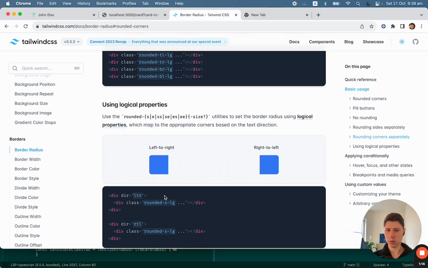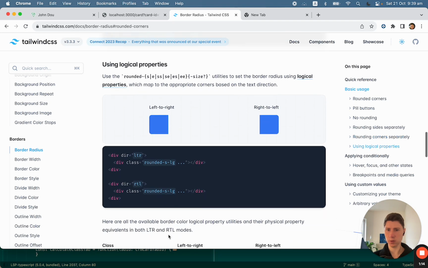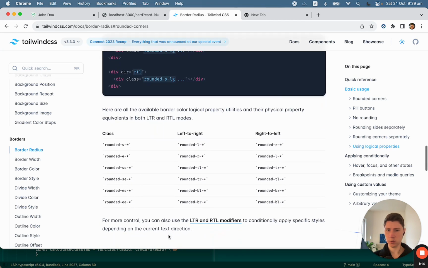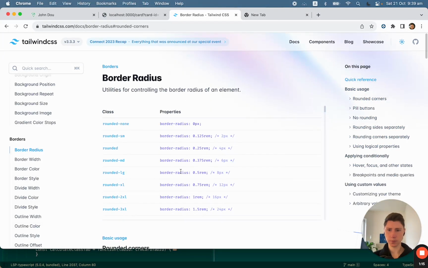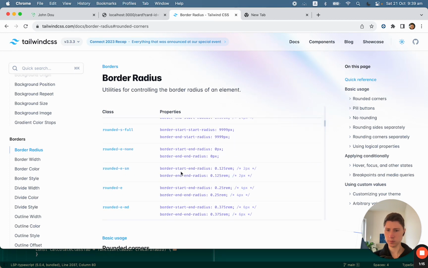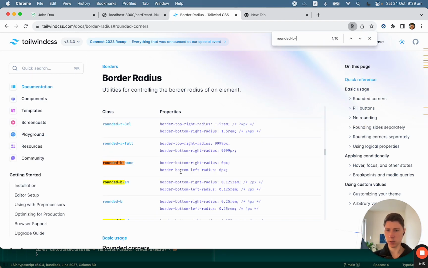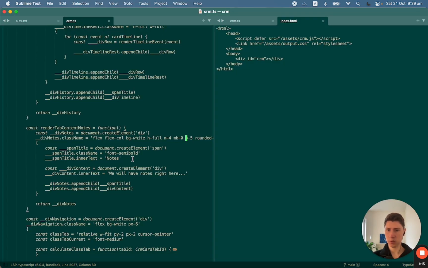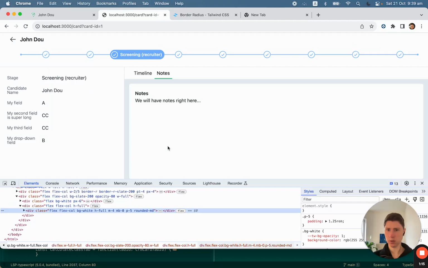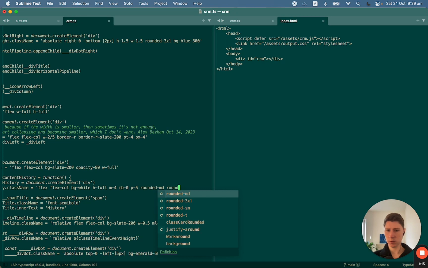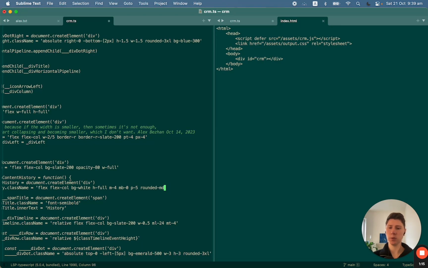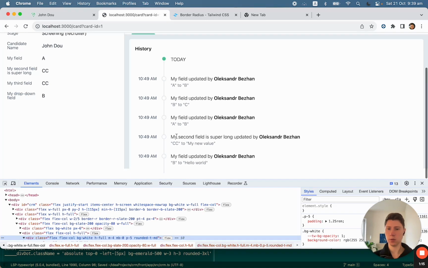Left to right, S. Right to left, S. Oh, that's nice. So do we have like bottom, none, right? We can say rounded, rounded top, and